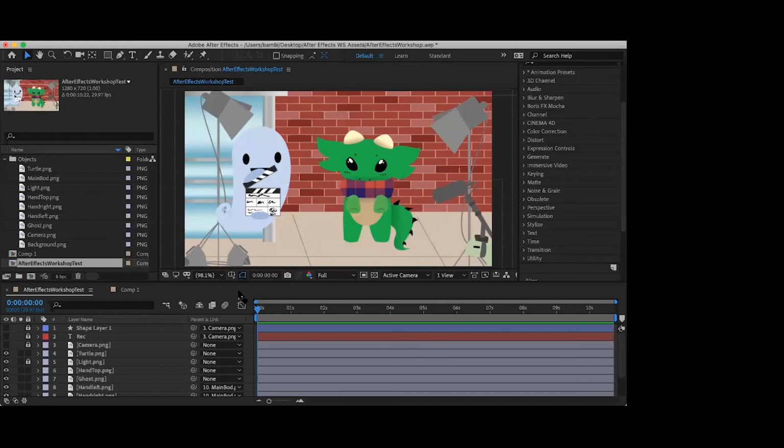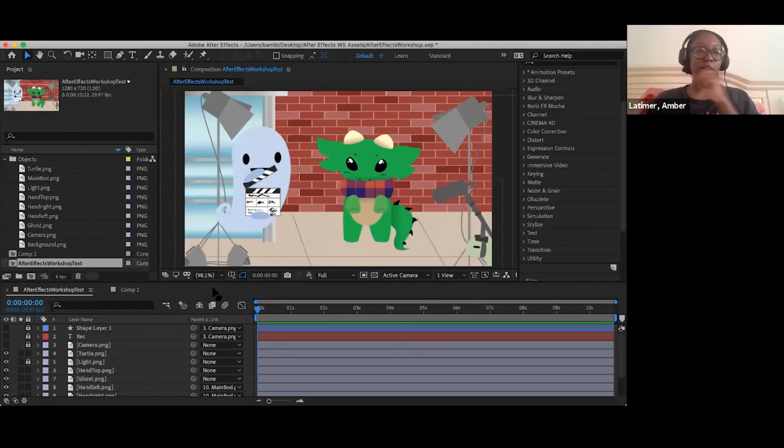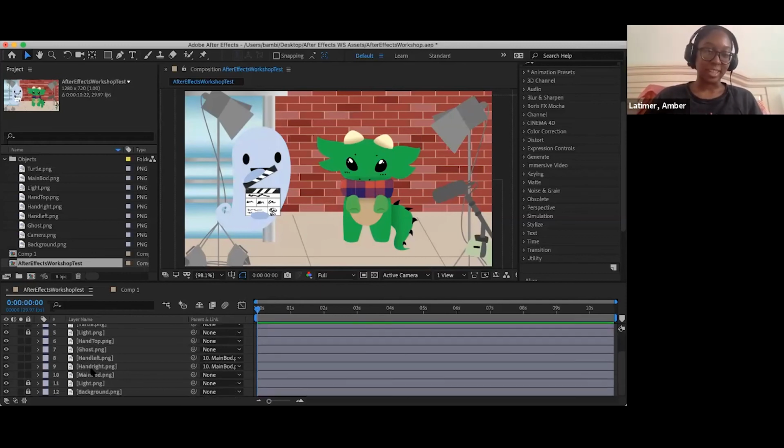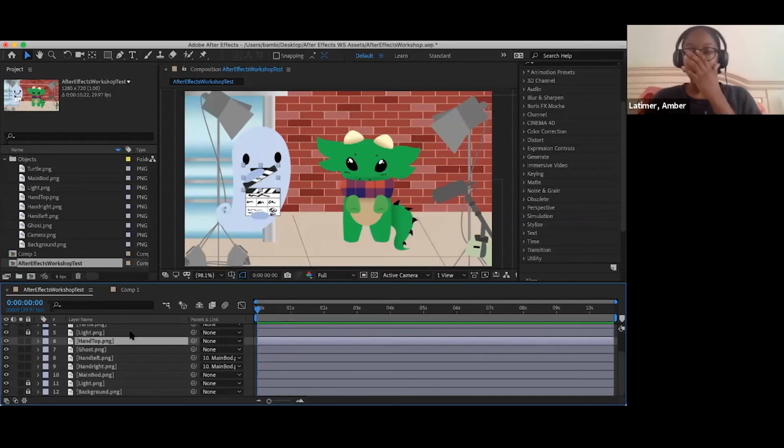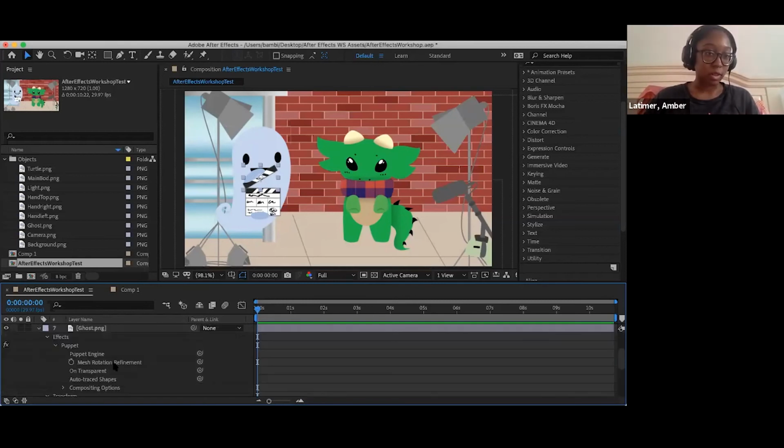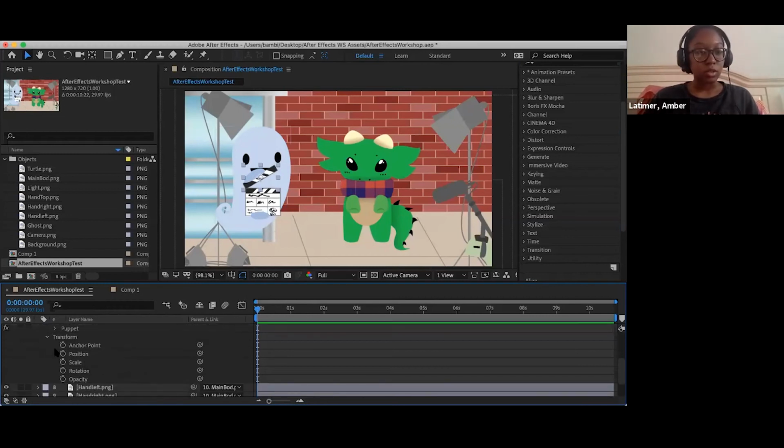Okay. So if no one has any ideas, I guess I can throw out general ideas of how we can animate this. So we have our hundreds of different layers, and guess what? They're all labeled to what they are, and they're all labeled correctly. So let's just say we want the ghost to float in front of the dragon. Okay? So in order to do this, we're going to go to the transformation part of the ghost. And I'm going to close the puppet. And then we're going to go to the,